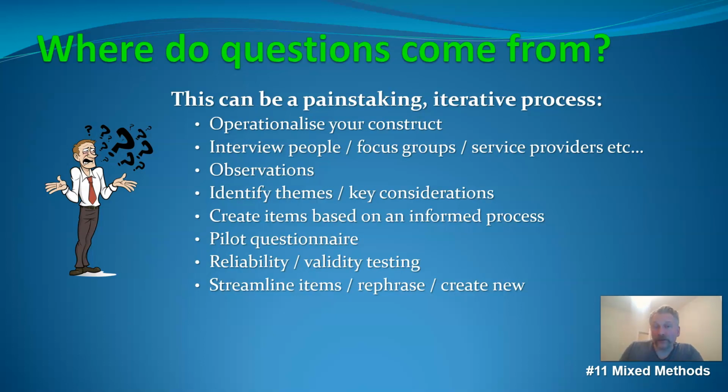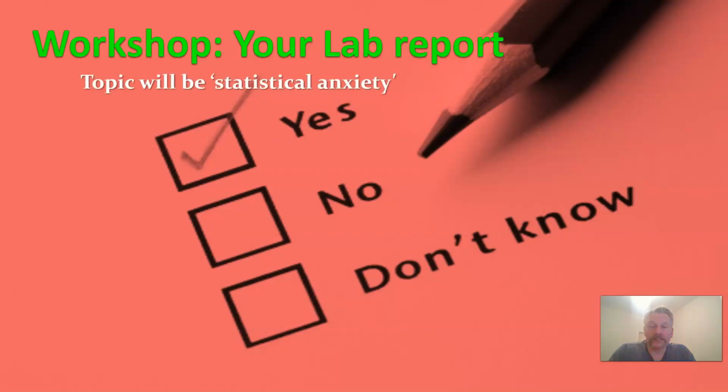Maybe you've got too many questions and some of them might be redundant. They're not bringing anything new that some of the other questions aren't already contributing. So you can cut some of those out and begin to make the number more refined and more usable. You can streamline, maybe rephrase or cut out entirely, and give them back to some more participants and redo some testing. On the basis of that, you can then conduct some more reliability and